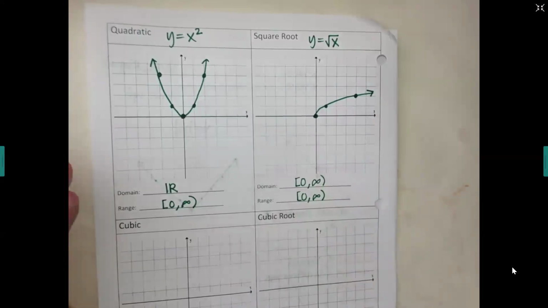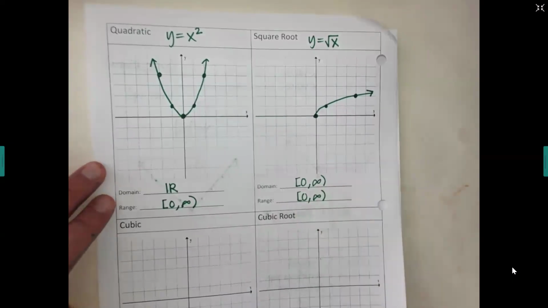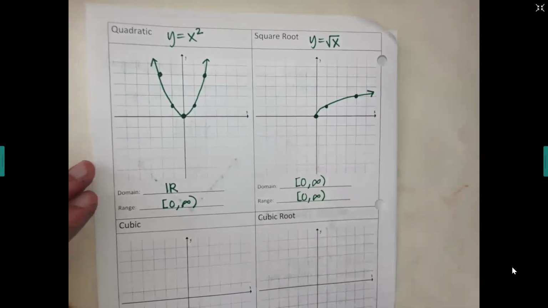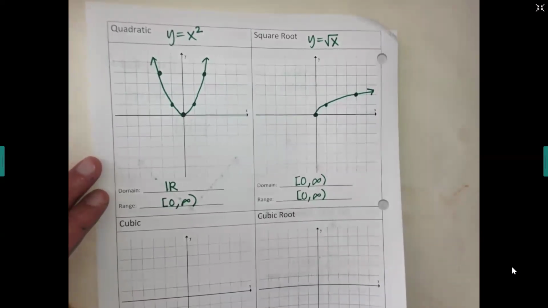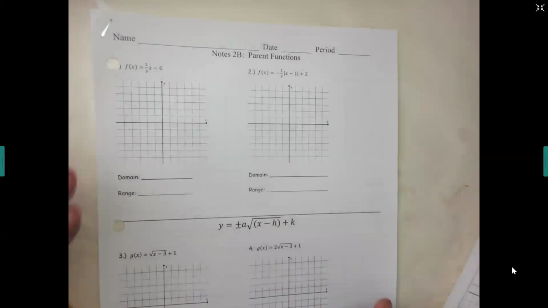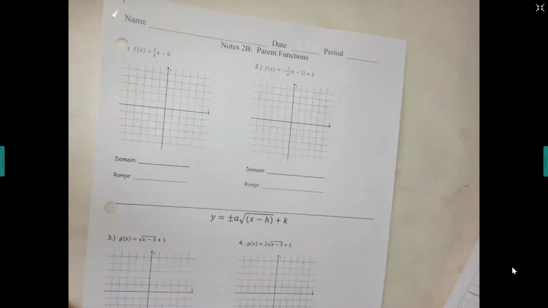Now, you'll notice at the bottom, we're only going to add 2 new shapes, okay? But before we do that, we're just going to review some of the old shapes because they are on today's homework. It's a combo. So go ahead and take a look at your examples. Okay, first one, which family does it fall in? Remember, you have your reference sheet. So your choices are quadratic, square root, linear, or absolute value.